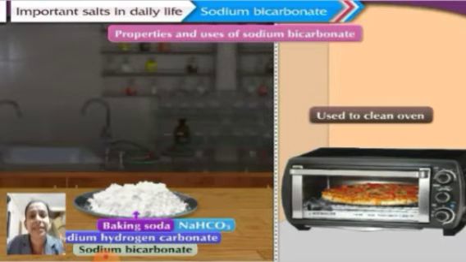It's because it consists of not only the baking soda, that is sodium bicarbonate, but it also consists of tartaric acid. So instead of calling it baking soda, we call it baking powder because it is made up of sodium bicarbonate as well as tartaric acid. So remember this difference, students. Is that clear? So now let us proceed with the next salt, that is bleaching powder.